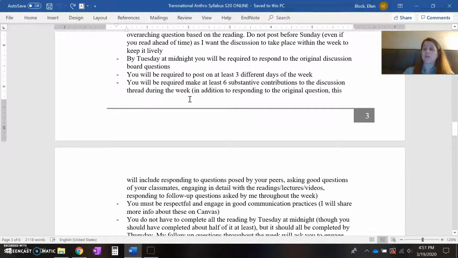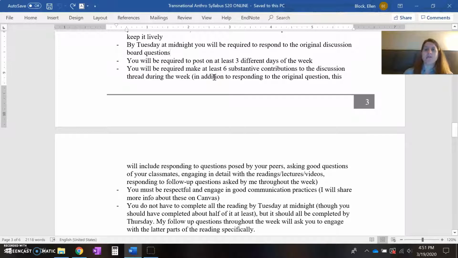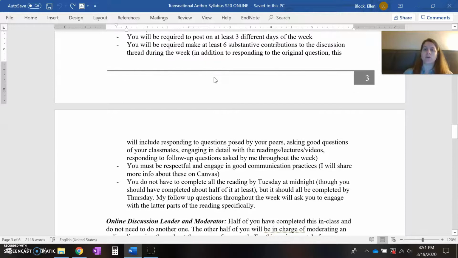and then you'll be required to post on at least 3 different days so that you can't just go in and do all 6 of your posts and get it over with, but you have to be engaged in responding to people. That's what makes it more like us being together in class, if you're frequently dipping into it. And then you'll be required to make at least 6 substantive or quality contributions to the discussion, and here are some examples of what that might be, and I also talk about them in the other video,